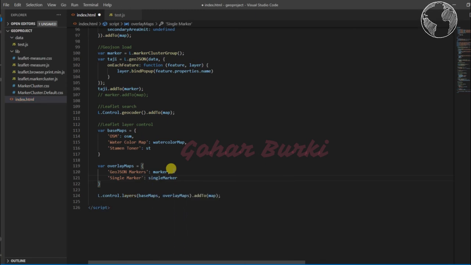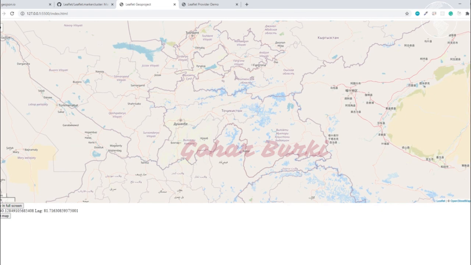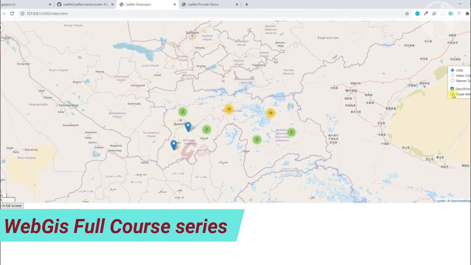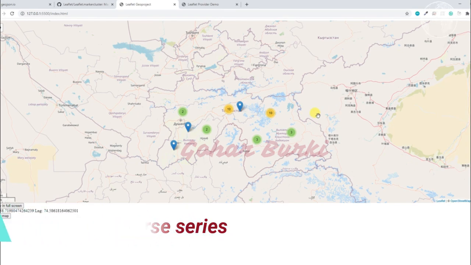Single marker, something like this. If I click single marker, it will open this single marker only. And if I click this geodesic, it will automatically add our geodesic data. So yeah, that's cool. That's all for this lecture. I'll see you in the